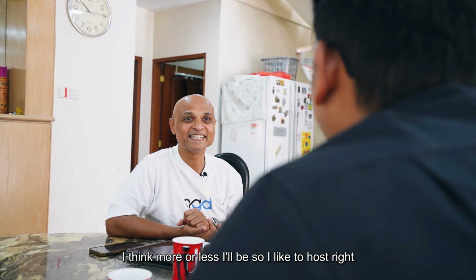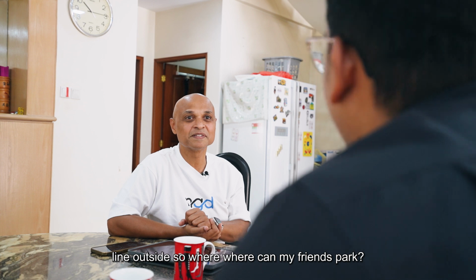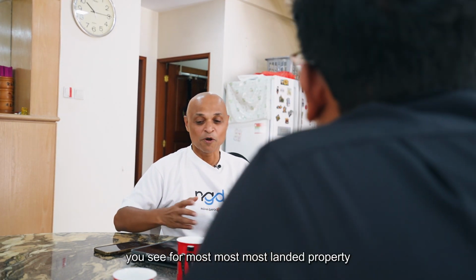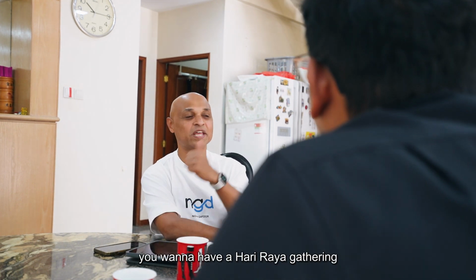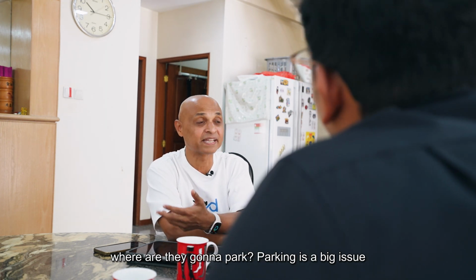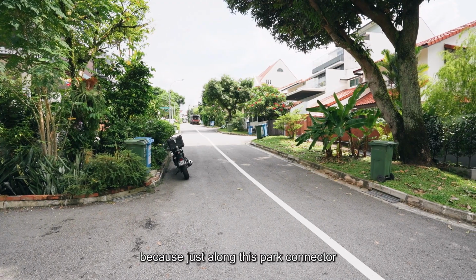I like to host, right? But I see a double yellow line or single yellow line outside. So where can my friends park? Single white line, you mean? Single white line, sorry, yes. Okay. You see, for most landed property, this is a huge problem because when you want to have Chinese New Year gathering, you want to have Hari Raya gathering, a birthday celebration, like you like to host, where are they going to park? Parking is a big issue, but not for this because just along this park connector and